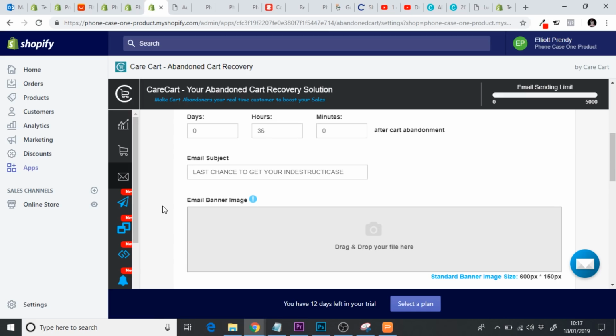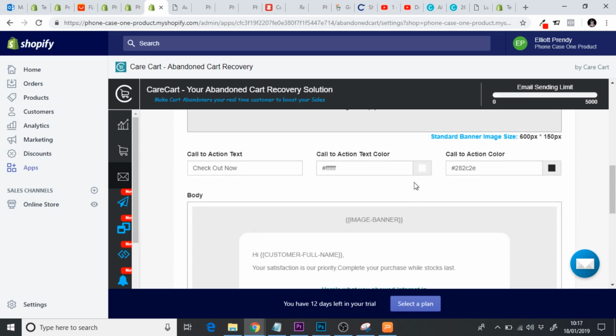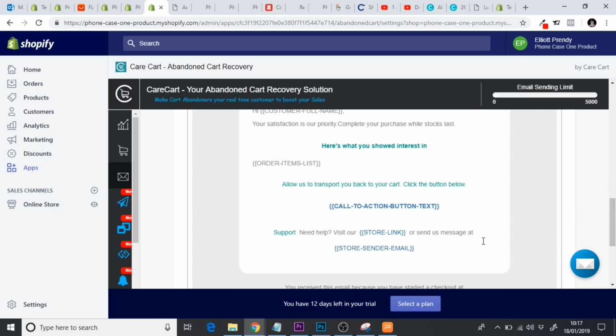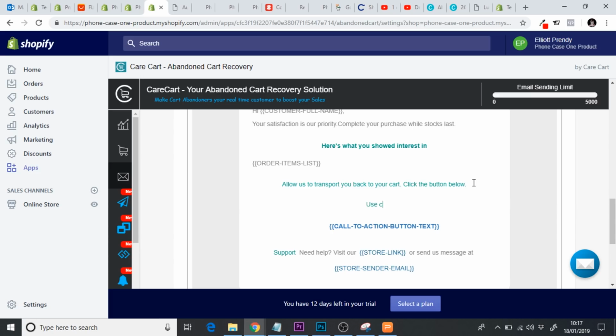So we're just really creating that urgency. You don't have to put it in all caps like this, but it does help. And then what we're going to do is paste our discount code in here. So where it says click the button below, we're going to say use code, the discount code we just created, 15 off, for 15% off